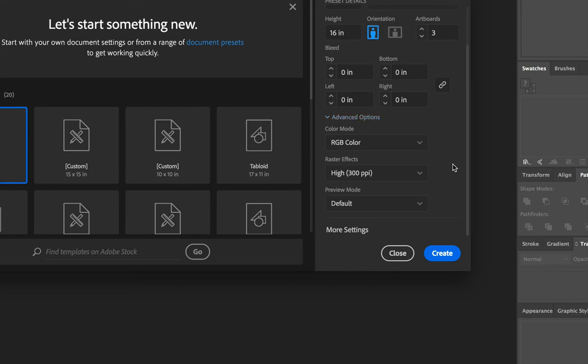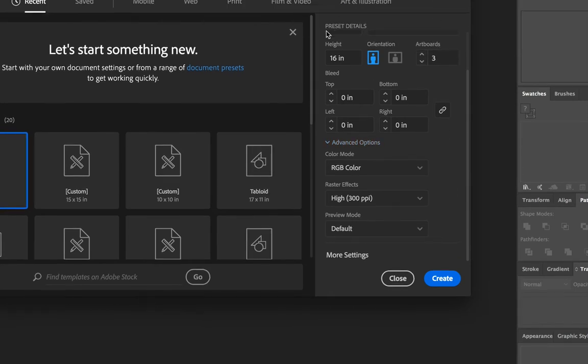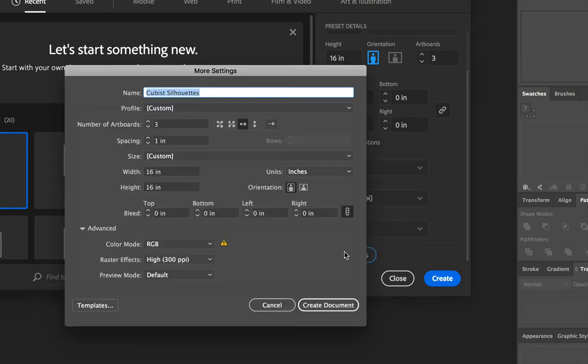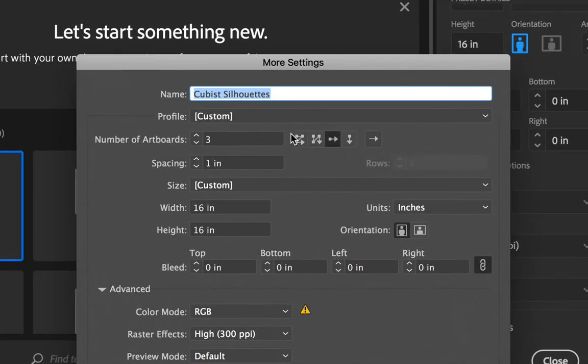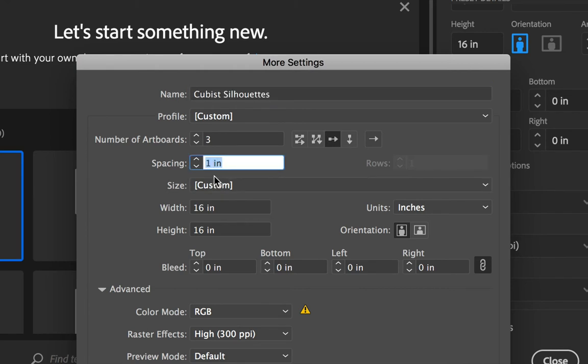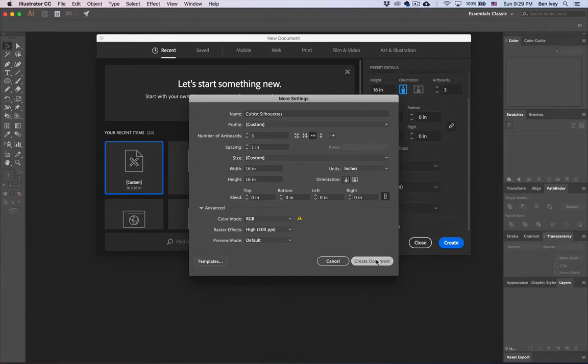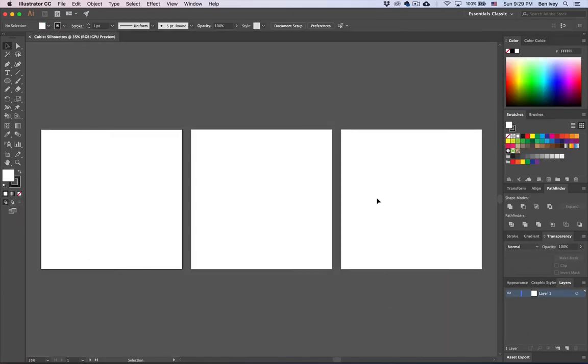mode. Now, in order to make sure our artboards are side by side when we set it up, click on More Settings. And under the More Settings, you can see how we have 3 artboards. Choose the one that has the arrow pointing to the right. This will arrange them in a row, side by side, all moving to the right. Also, you can set your spacing to be a little bit larger. I like to keep mine about 1 inch. When we say Create Document, this will create our document with the 3 artboards nice and set up to place